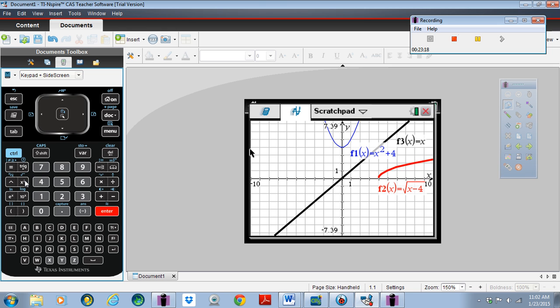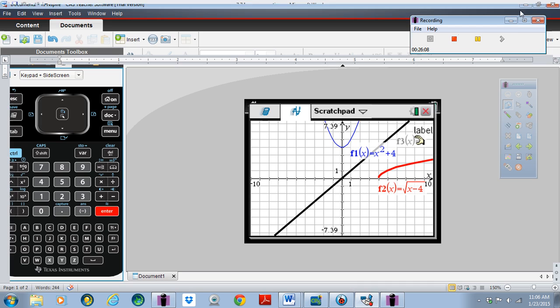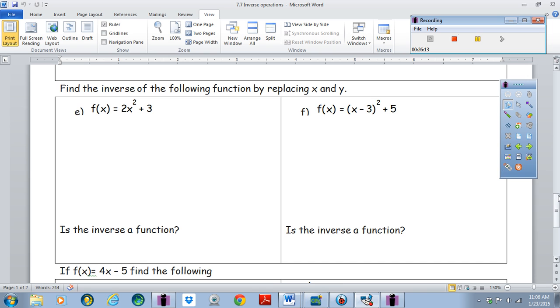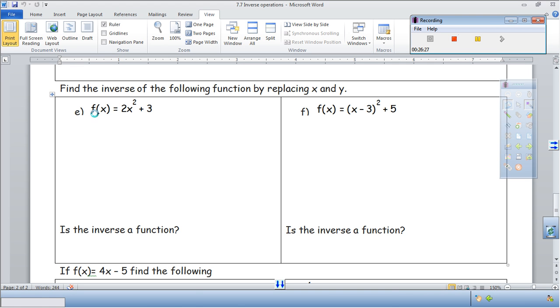Okay. Let's go back. Now instead of describing all that stuff, I'm going to show you another way to find the inverse. You're going to find the inverse of the following function by replacing x and y. You're just going to switch places with them. So remember, this is like a y value here. So I'm going to have x be here now. I'm going to make it equal to 2 times y